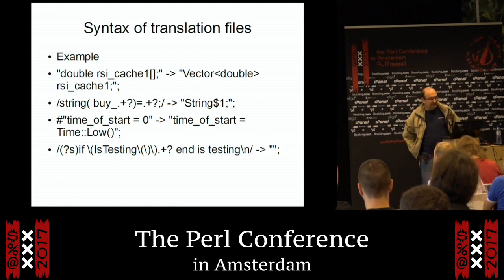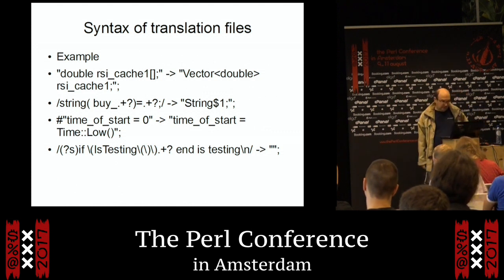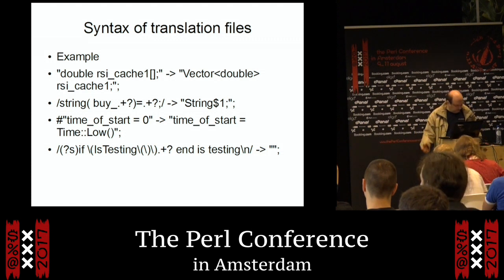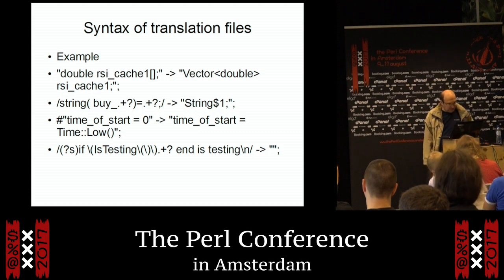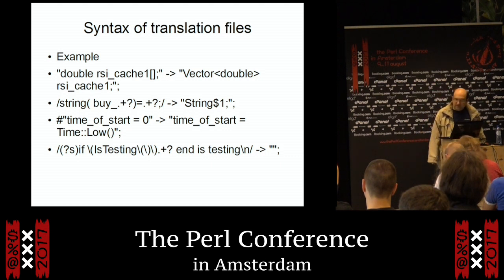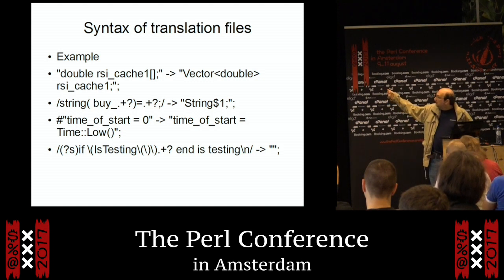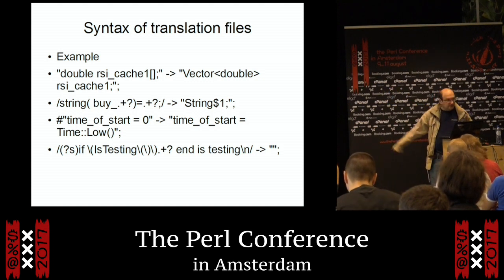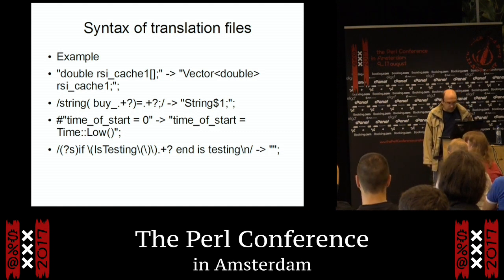Okay, let's see the syntax. Simple enough: as I told you, the left side is what you want to match, the right side is what you want it to become. Semicolon is a separator, as it usually is in other formats as well. For example, in this case, we have a dynamic array declaration, and we want to convert it into a C++ version. In my C++ version, it becomes a vector of double, and it matches literally what you want. But there is more.